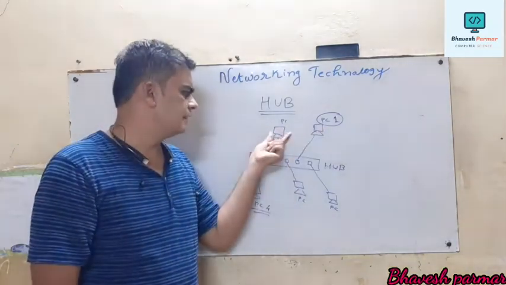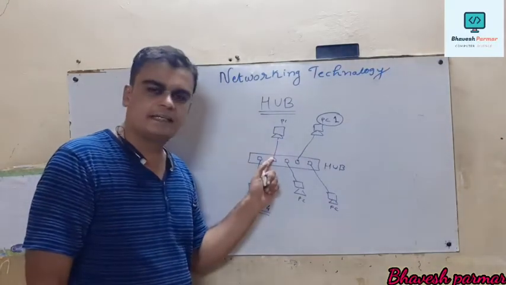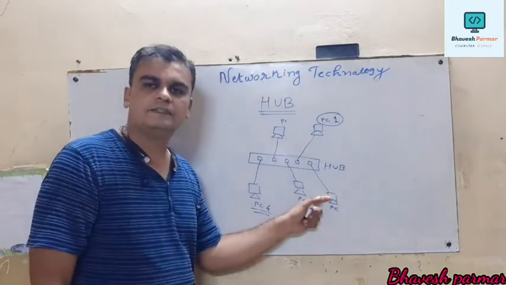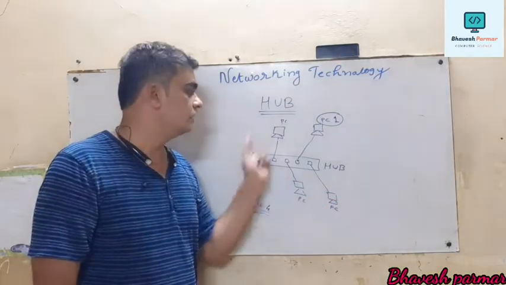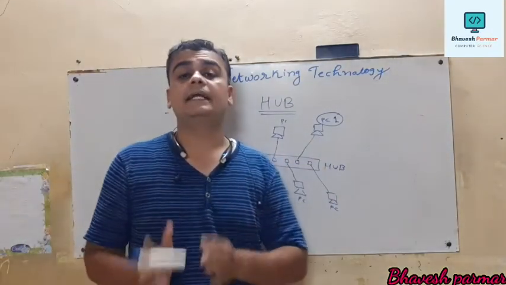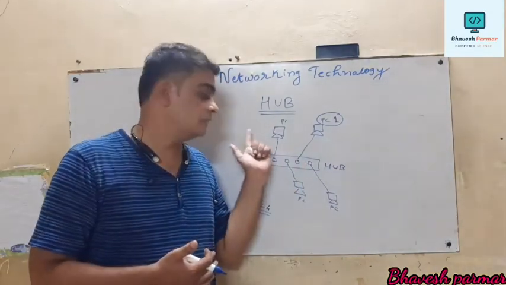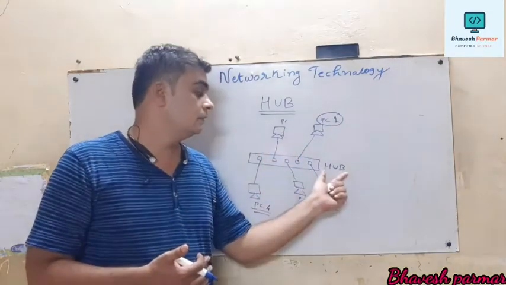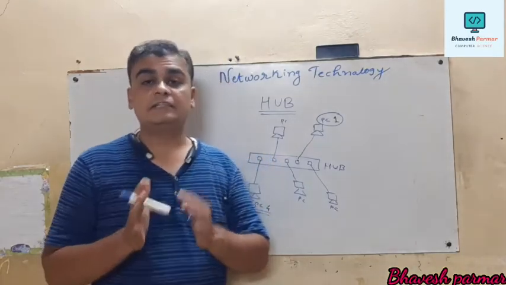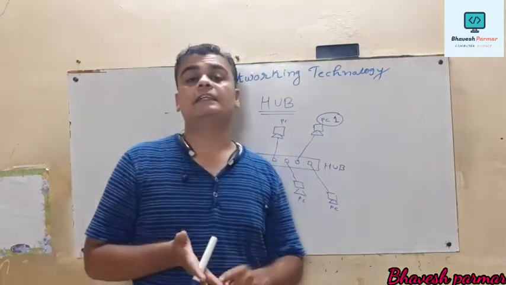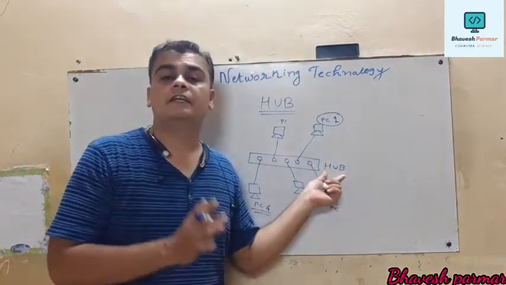At the same time, suppose this PC tries to transmit data to this particular computer, then it first sends the signal, then hub checks whether this PC is available or not. If it is available, then it sends the data to this particular computer. In this way, all the computers can transmit data at the same time. If I connect, suppose, 10 more computers, the data transmission speed of this hub is still never affected. So it is a very powerful device, and it is widely used in schools, colleges, banks, offices, companies. This hub is very beneficial.